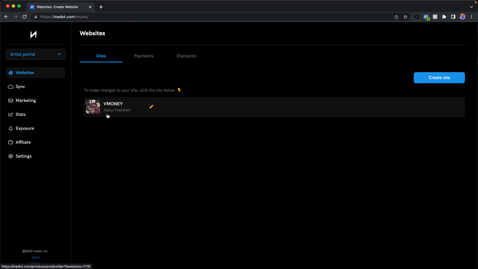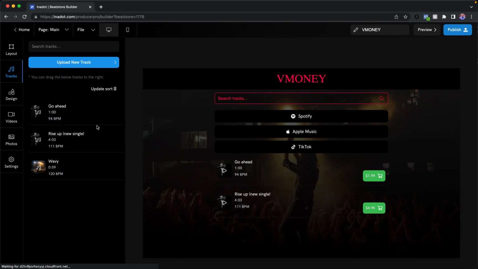So you'll go ahead and you will click on your individual site that you want to edit, and it will open up our drag and drop web editor. So there's a lot of things going on here. We'll take it step by step, but starting here on the left side, you can kind of think of these as your menu options, things that you can click on to edit certain portions of your site or to upload